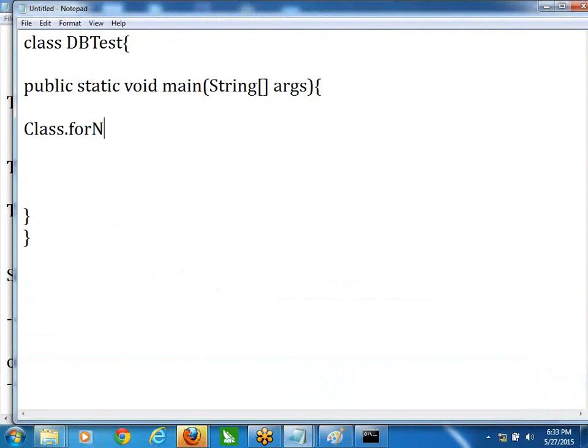So what is the first thing? We have to get an object for the driver class. Okay. So here we are communicating with the Oracle driver, right? If you are communicating with Oracle, the Oracle people will provide you one thin class. You have to identify that Oracle thin class. Okay, so here